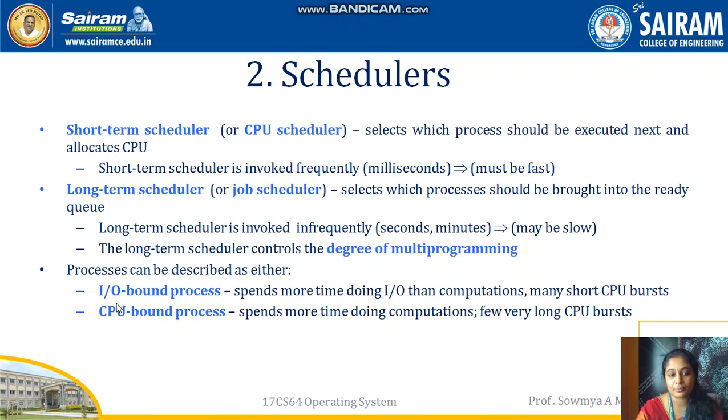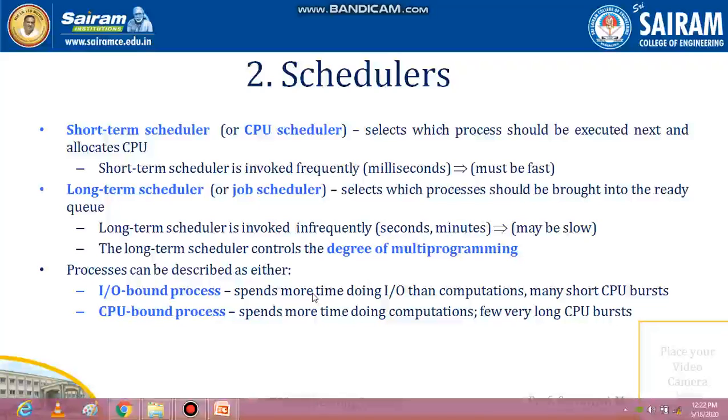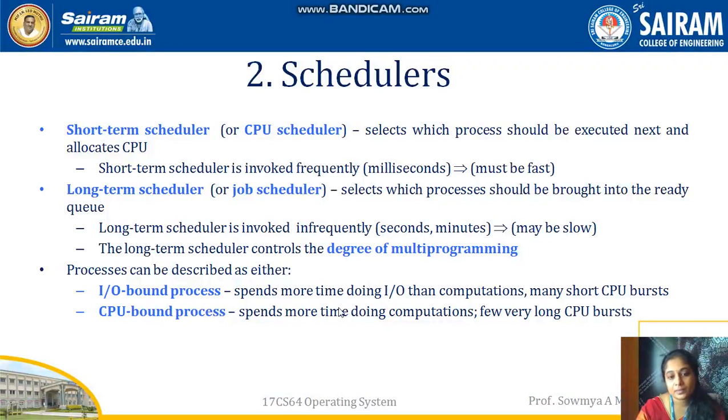Based on that, we can divide that as input output bound process and CPU bound process. In input output bound, it spends more time during input output completion than CPU burst. So if it is job type, job scheduling, if a job is scheduled, the process will be waiting until the job is completed based on input output bound also. So CPU burst cycle will be wasted in input output completion.